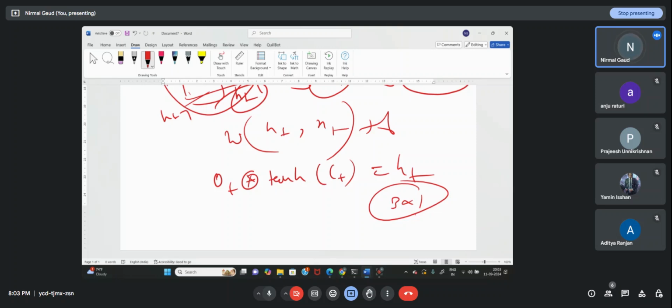So output gate ने क्या करा, it controls how much CT, कितना CT देना है, how much CT should be given, okay, so that I'm going to get a hidden state. How much CT should be passed to HT, so that HT, the hidden state, will be further used in the next computations।